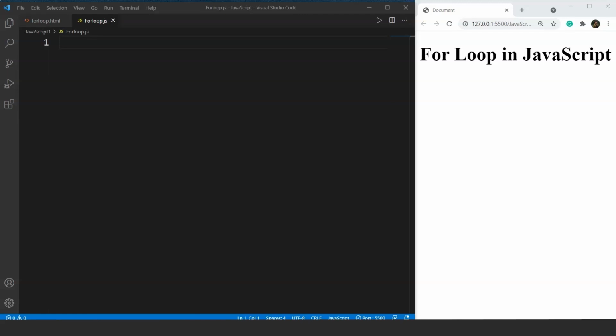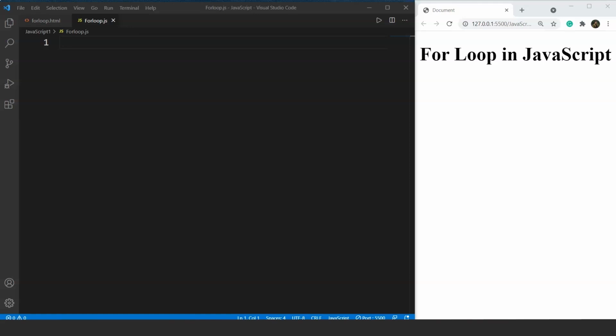Let's move on to for loop, which is our first iterative control statement, and we'll move on to the programming part directly. So before we start, one thing to keep in mind, guys, is that we use for loop when we are clear with the number of iterations in advance. So let's start with our first program. In this program, we will print the multiplication table of 10 from 10 into 1 to 10 into 10.